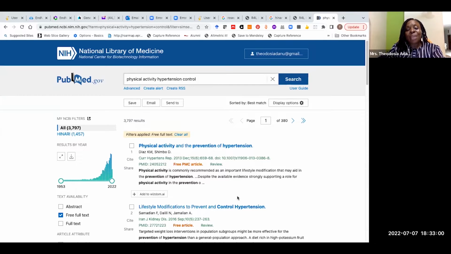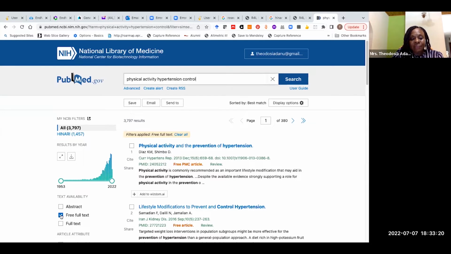So it's good to be aware. At least even if you don't get the full text, you are aware of its existence. But again, the abstract in PubMed is normally good enough.